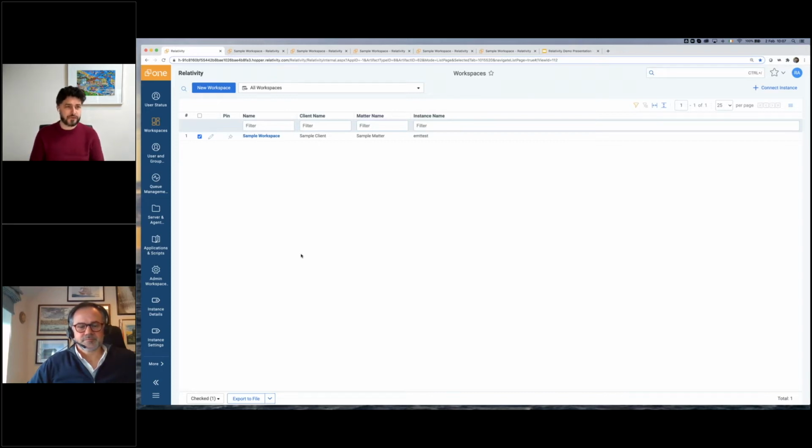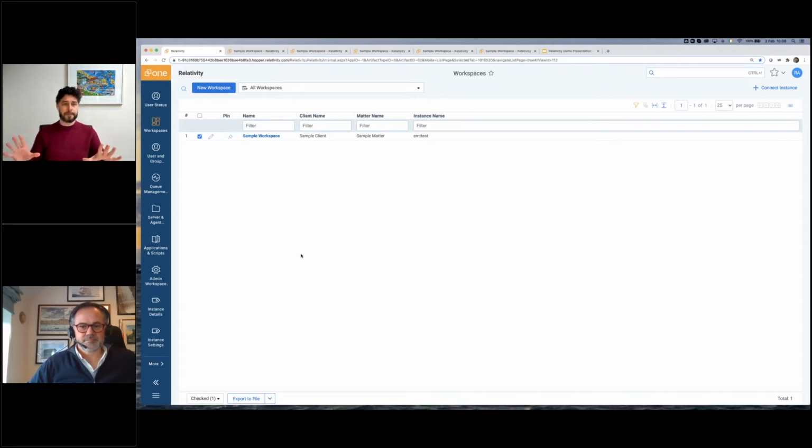Our first version of the Relativity app was integrated into 9.4, and we've probably had about 50 versions of our app since then. I think that's an important point to say, that this is not just something that we built to check a box to say, yes, we integrate with Relativity. This is a product that we're constantly building upon. We're constantly adding new features, we're constantly fixing things, we're constantly taking feedback from our users, so that we can basically make the experience better for you.